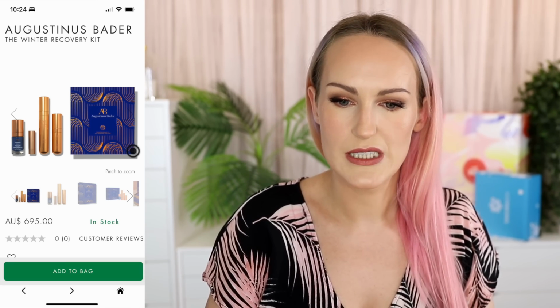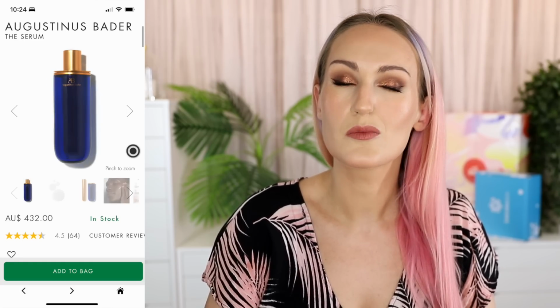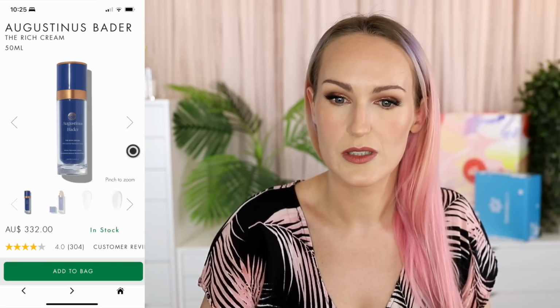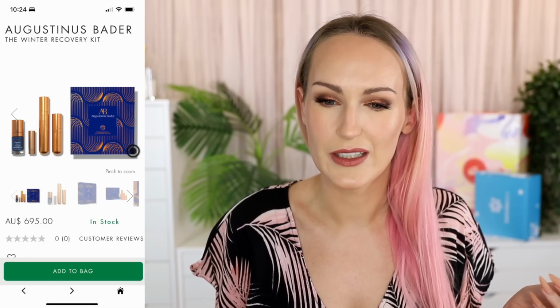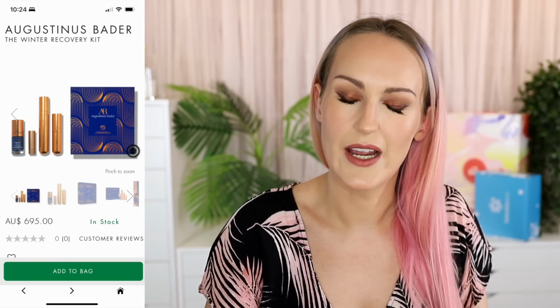But I did a little bit more digging. So the eye cream retails for 255 Australian dollars. The serum retails for 432 Australian dollars. And the Rich Cream in the large size, which is 50 ml, is 332 Australian dollars. For a smaller version of the Rich Cream, which is 30 mils, it's $208. So I would say that potentially there is some form of value going on with this pack. At $695, I feel ridiculous saying that, but yeah,